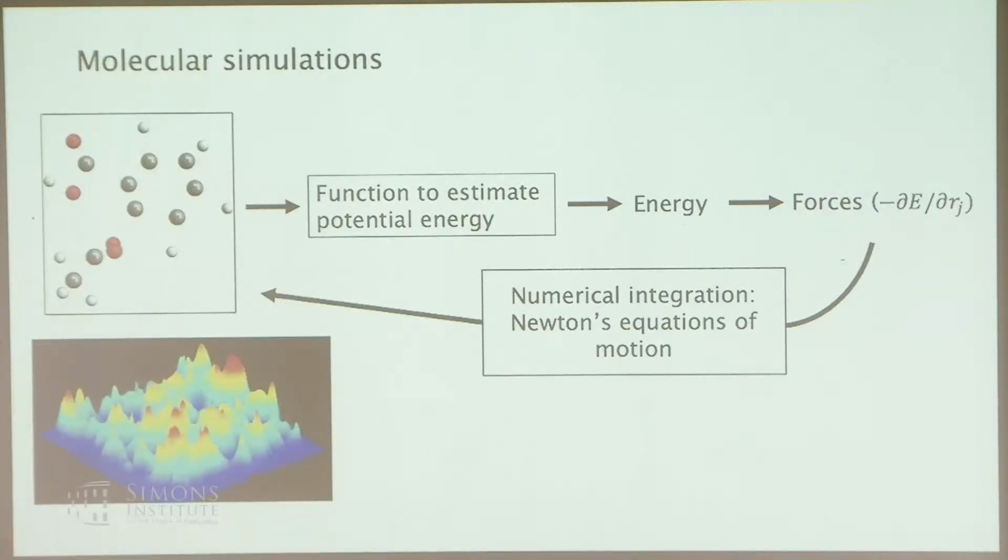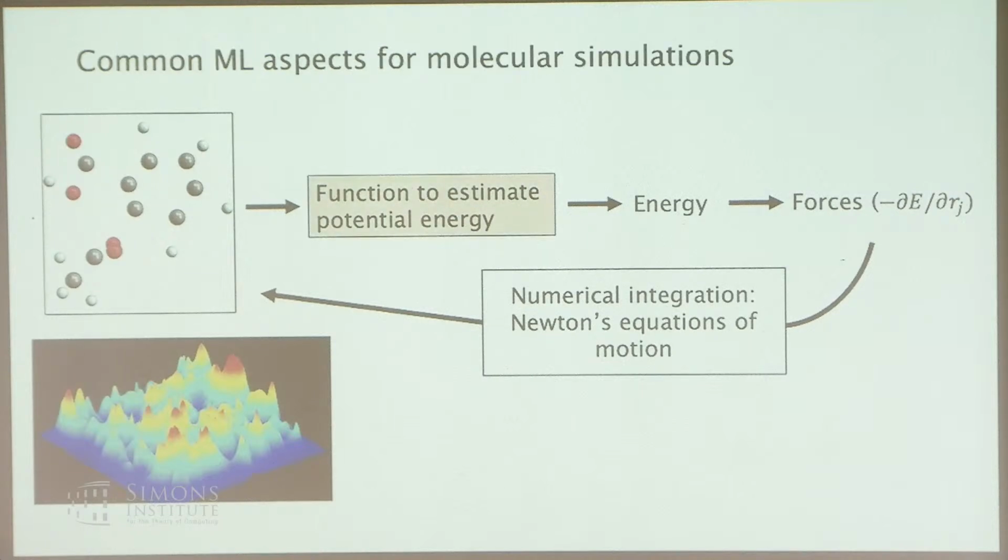So coming back to this overview of how we would typically run molecular simulations and this full molecular dynamics cycle. When people typically try to do machine learning for these problems, the most common way is to use some neural network to estimate the potential energy surface. This could be your proxy, your oracle, that will hopefully give you an answer much faster than whatever numerical method you are using here. You can potentially also think about doing some type of machine learning on the actual integration process. This is a bit less common for a number of different reasons.